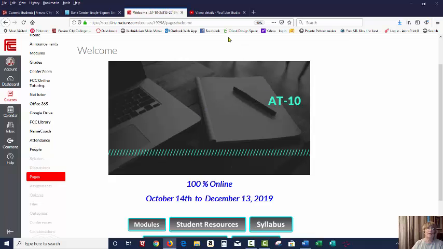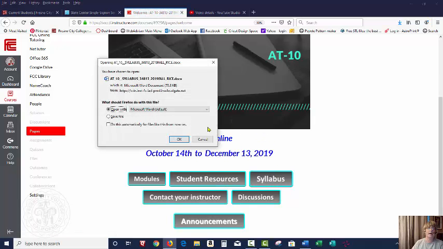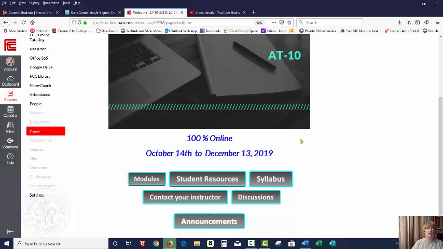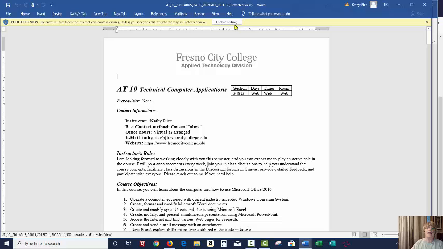So I'm going to go into Canvas, and you can see here, I'm going to click on the syllabus link so we can bring this up and look at it. You will either receive a message like this, or down in the lower right hand corner you'll see the file name down here, and you can click on it to open it up. So I'm going to open it up into Microsoft Word, and